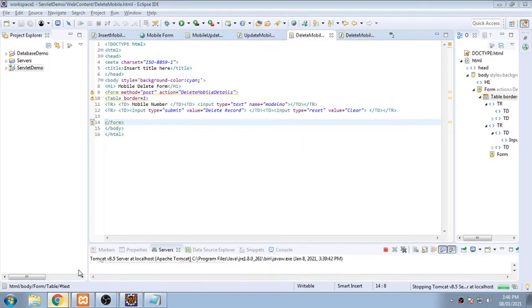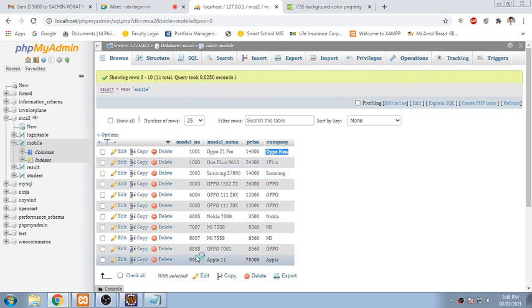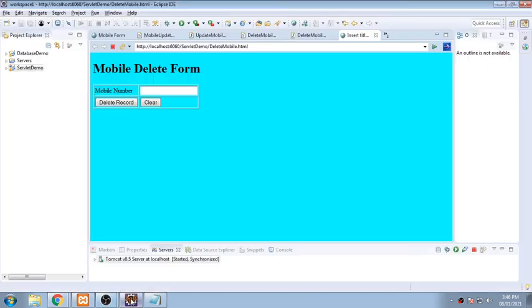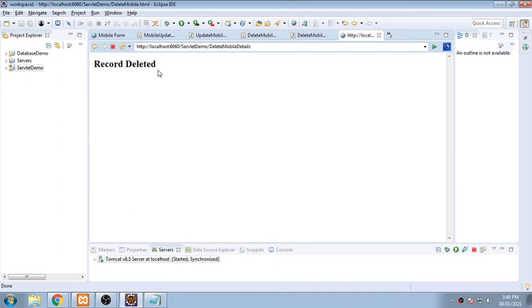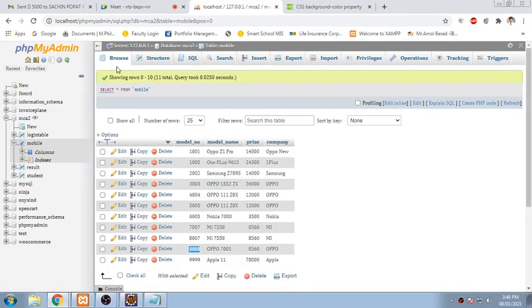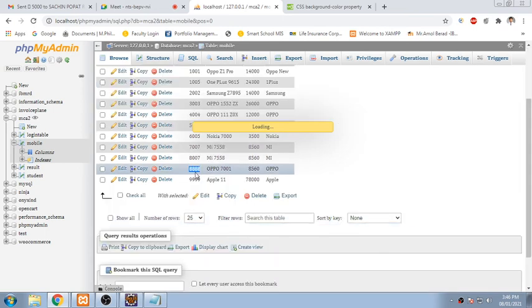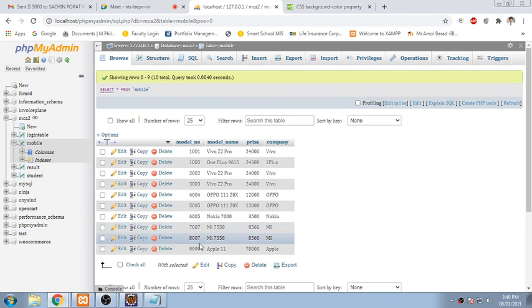First we'll see in the database what all records are there. I want to delete this 4 times 9. Okay, this record I want to delete, so it is 4 times 8. We'll go for this one. I will put it in and delete this record. Record deleted. We'll check the database whether it has exactly happened. It is there, and now I am refreshing it, browsing it. Now this record should get deleted. After loading, okay, now see this record is deleted.